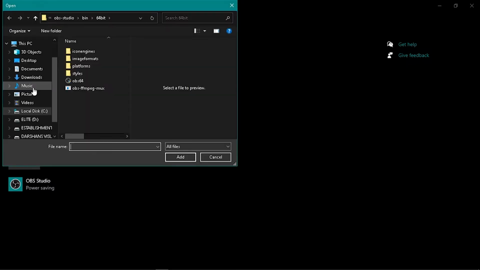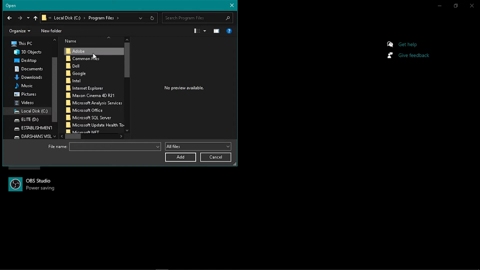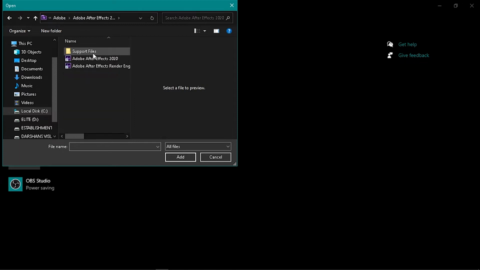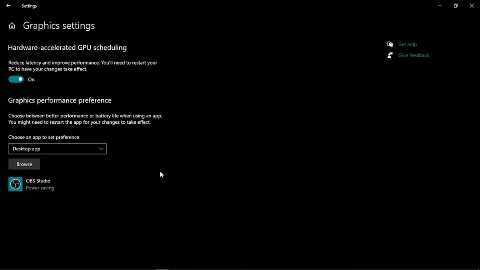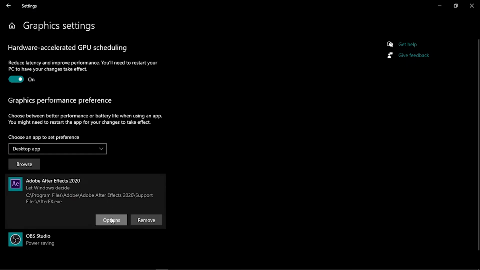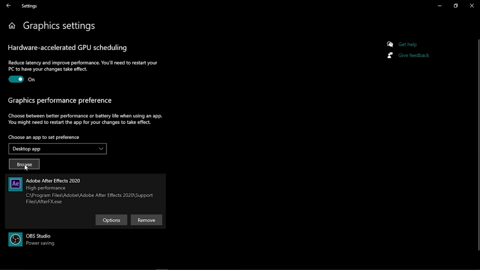go to local disk C, go to program files, Adobe After Effects, support files, add Adobe After Effects, and you need to make sure by pressing options to high performance GPU NVIDIA GeForce GTX 1055 is enabled, and in the same way add all the applications which you want to have a high performance.